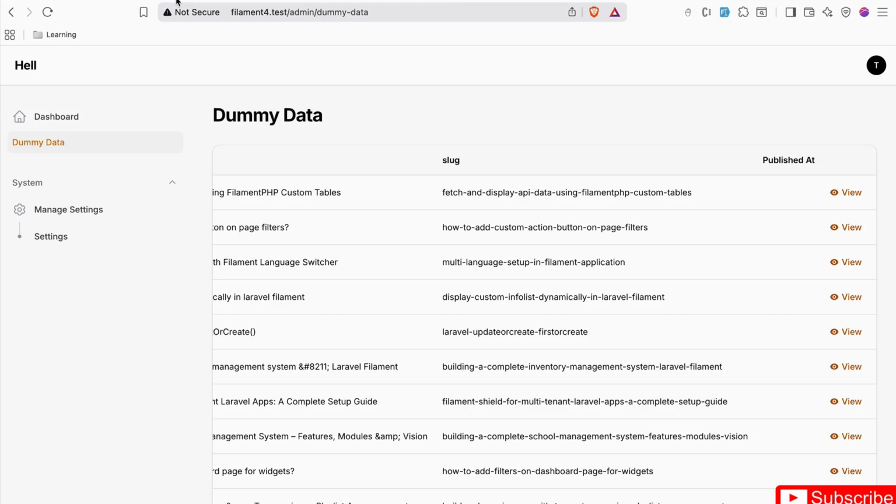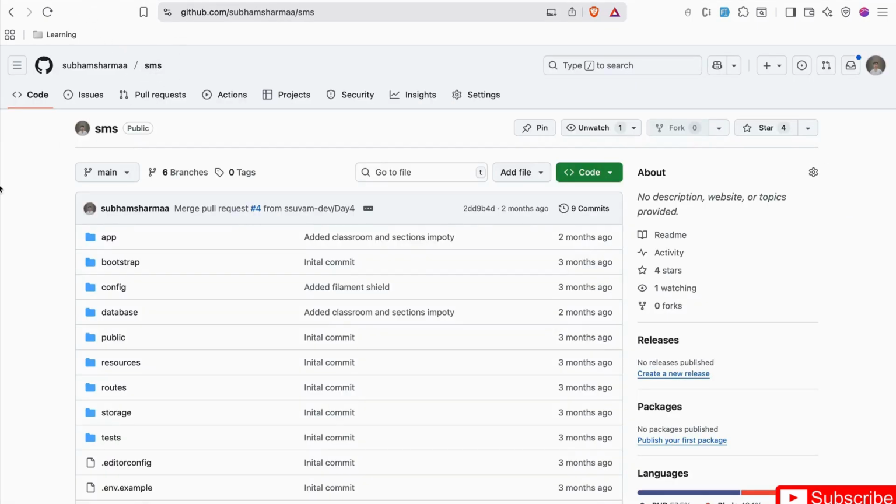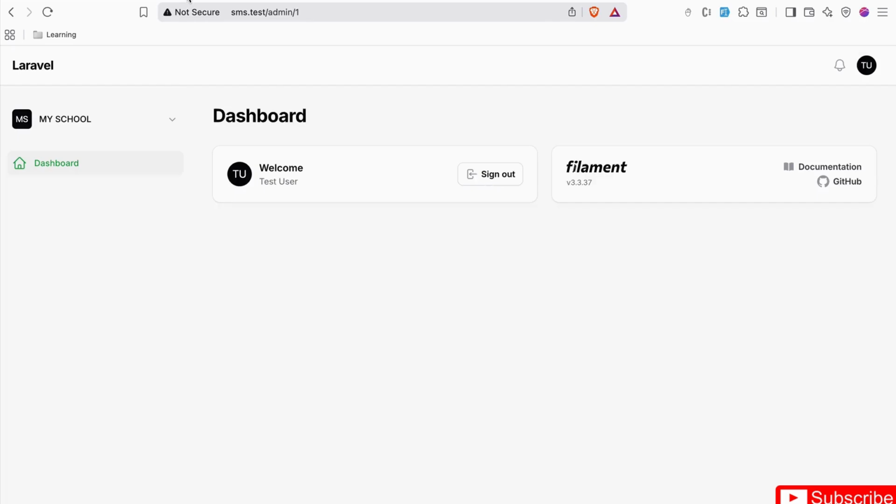we will be using in our same project, school management system. I think you all know it's a public repository too, you can watch it. So here we built it in Filament version 3, and today we'll try to move it into Filament version 4. Currently I think we have created 3 to 4 resources which are not showing due to the issue